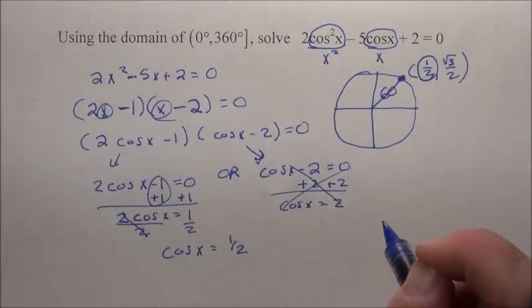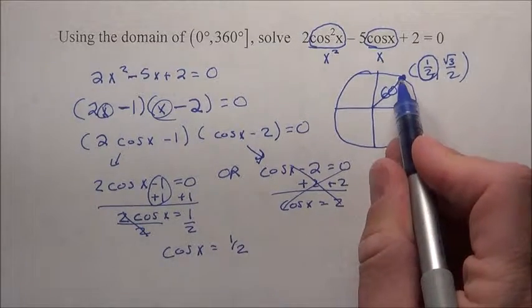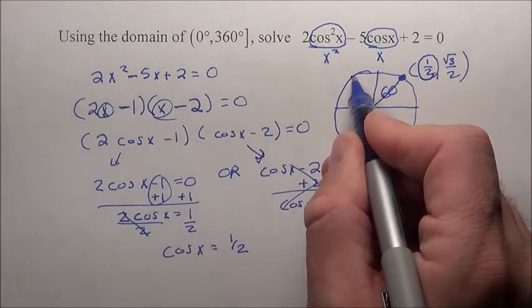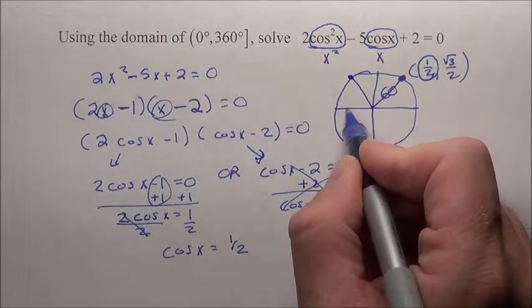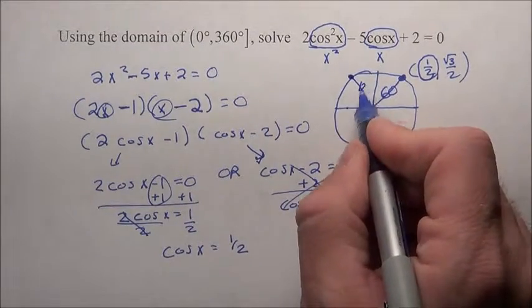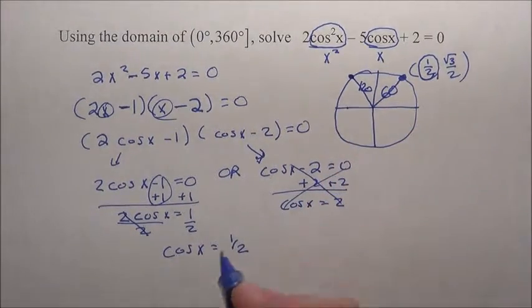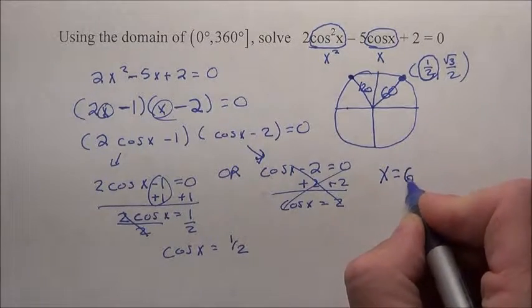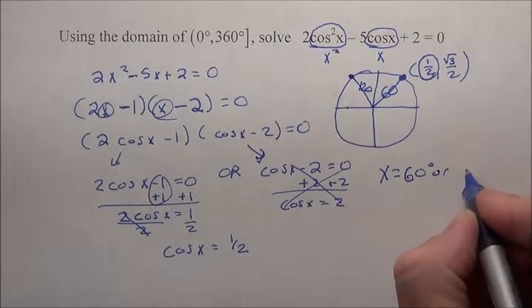We've come over a half, gone up root 3 over 2. Where else have we come over a half? Well, it's going to occur right here, where we've come over negative root 3 over 2 and gone up a half, which in this case is 120. So here, we're finding our answer when x is 60 degrees or